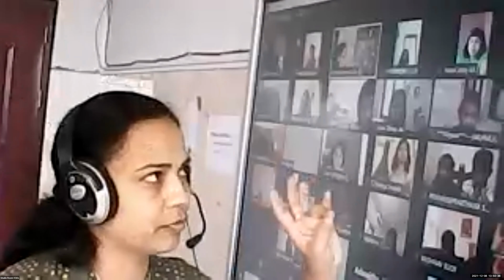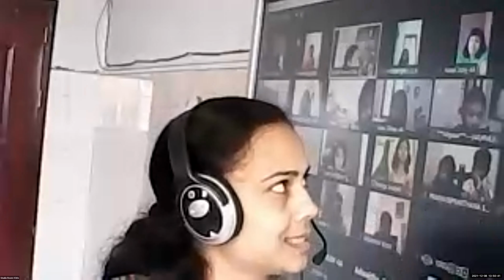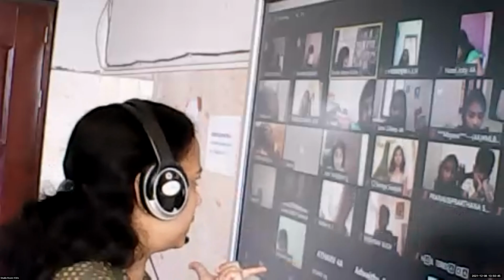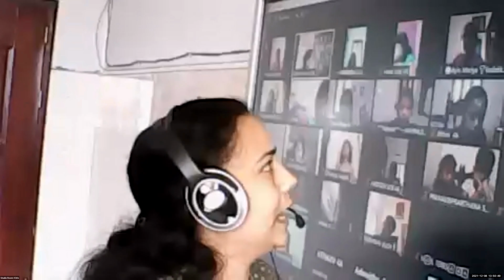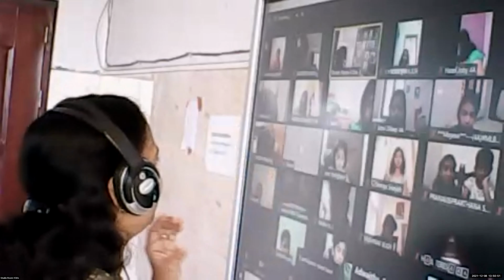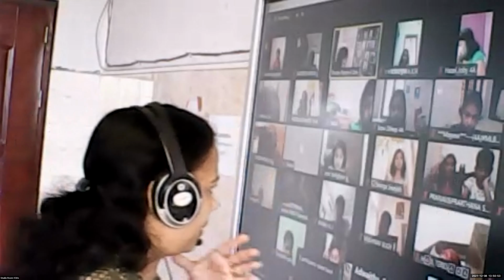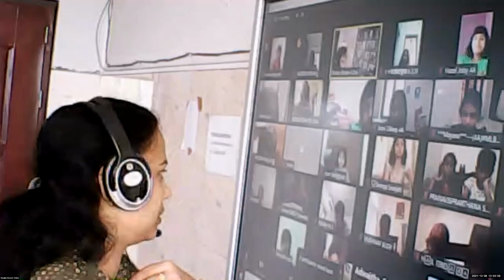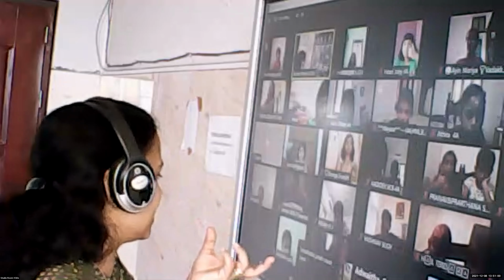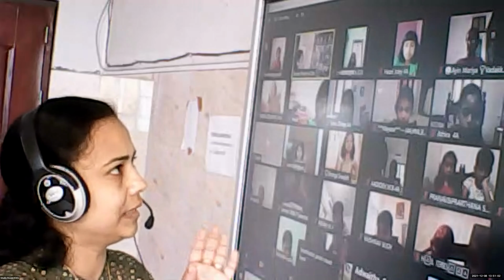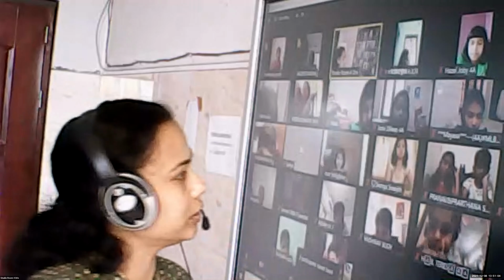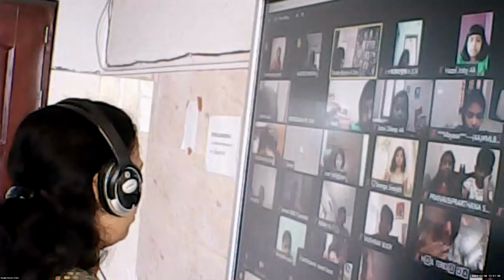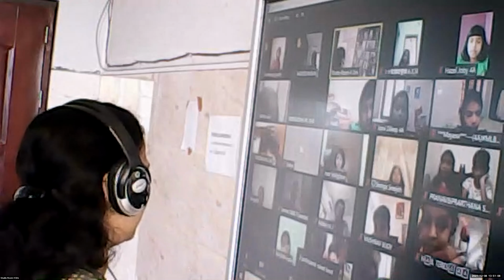So what is the proper fraction, children? If the numerator is smaller than the denominator, such fractions are called proper. And what about improper? Numerator will be greater. And what about mixed fraction? It will be a fraction having a whole number and a proper fraction. Clear? So we were discussing the definition and the examples. Okay, children, is that clear? Is there anyone having doubt about proper, improper, and mixed?